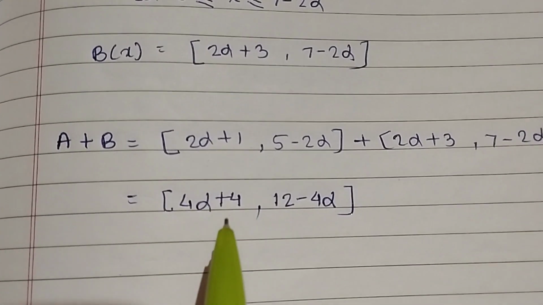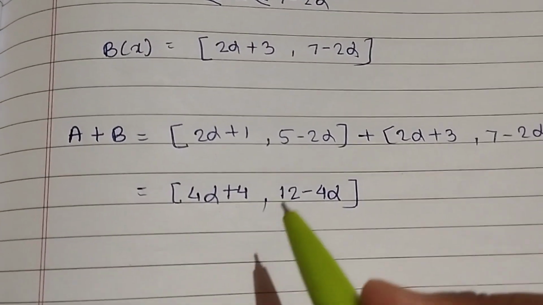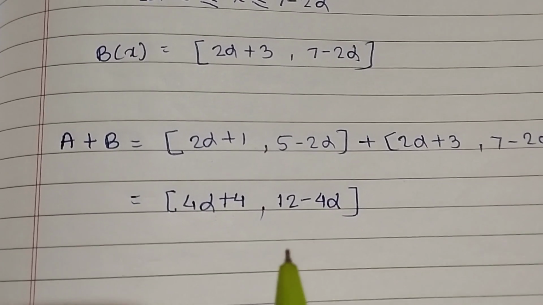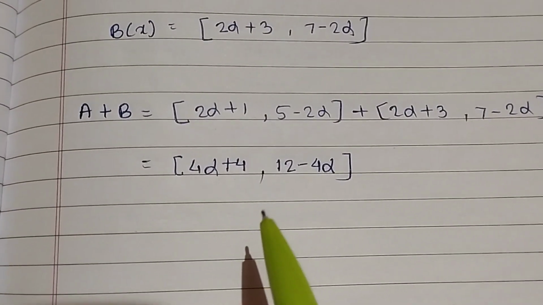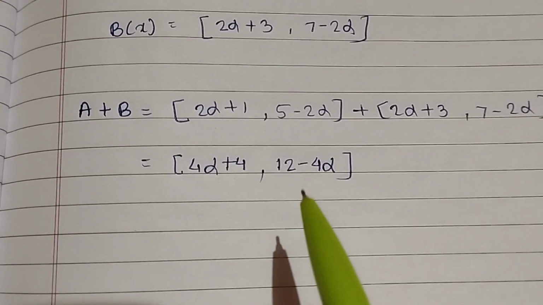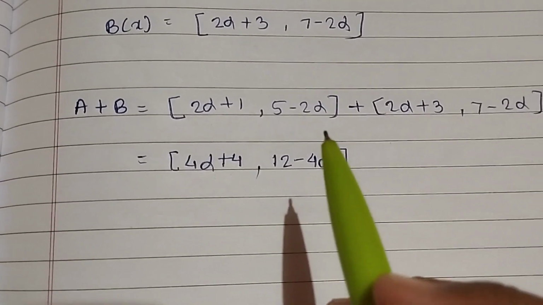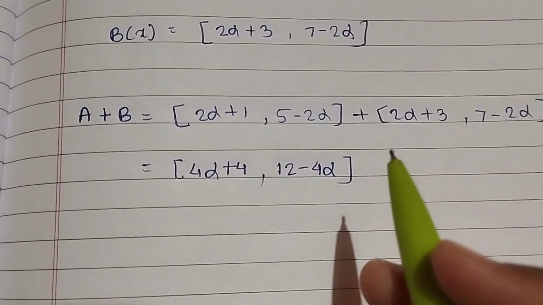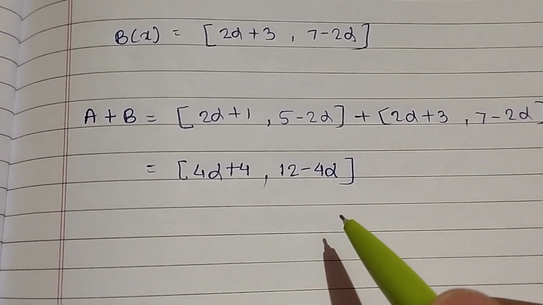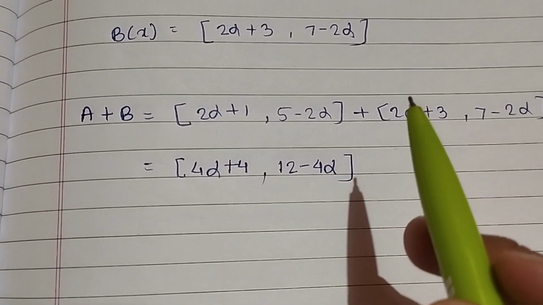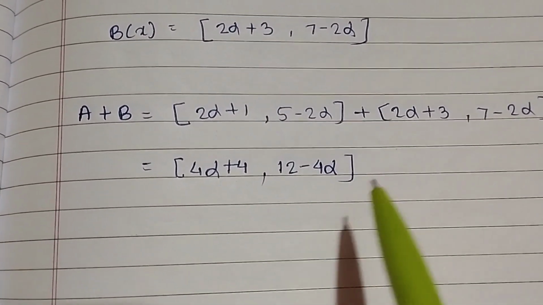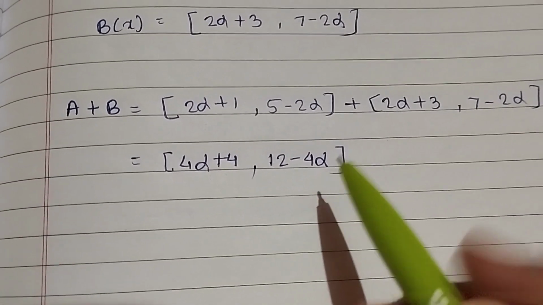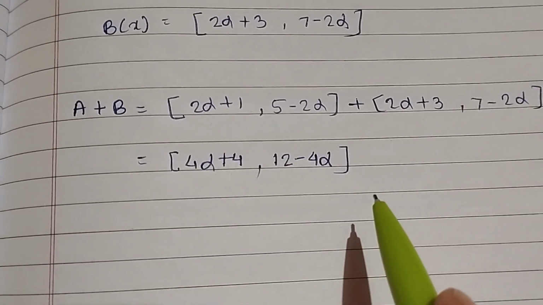Now this is the interval of a plus b, but then we want to convert it again into the condition of a plus b. So for that we perform the opposite steps which were performed at the start of the solution. Same things but in the opposite direction. It means first we find out the x, then we write the interval. Now the interval is known, now we find out the value of x.